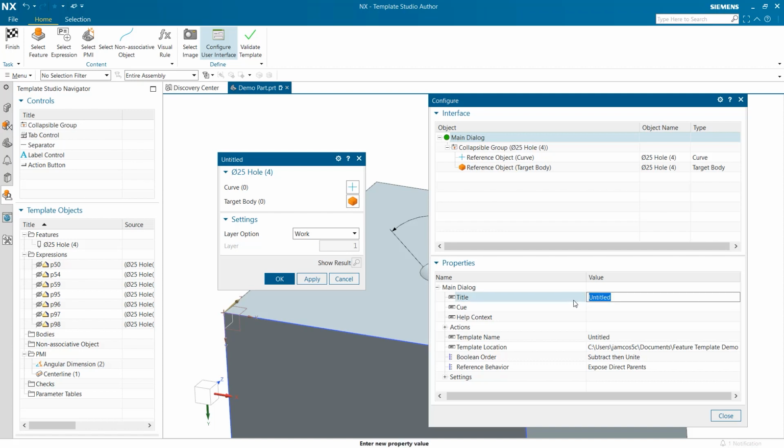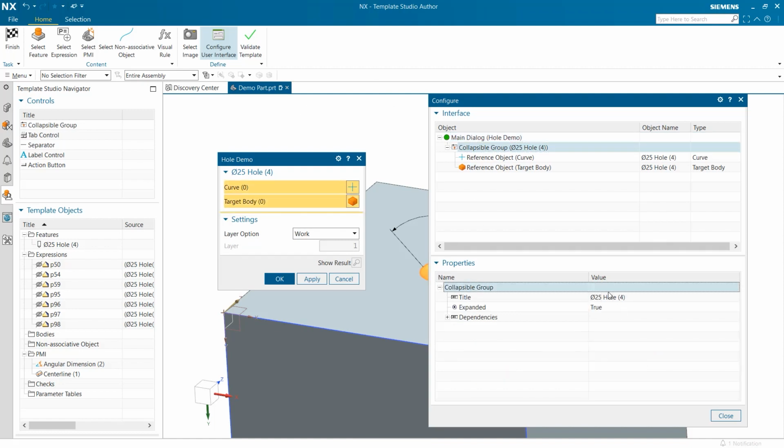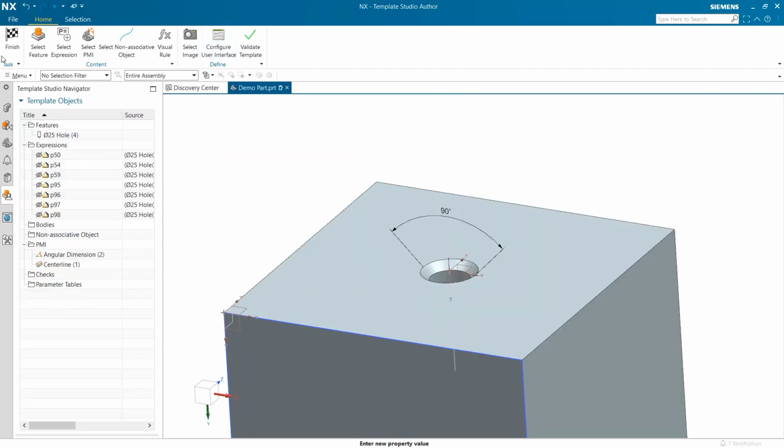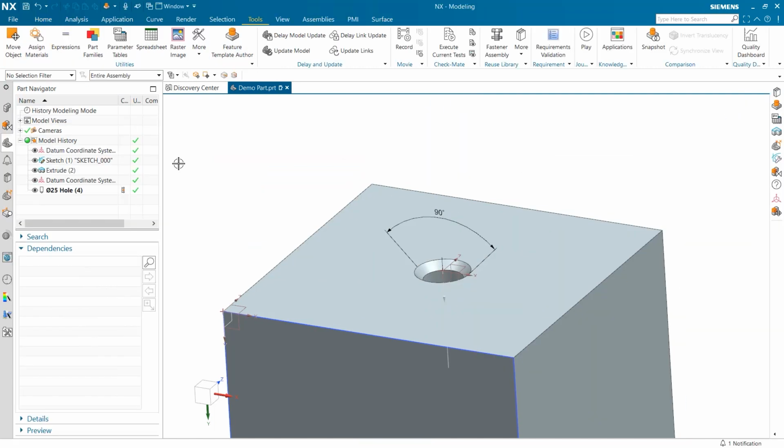The first thing I am changing is the title at the top of the interface as well as the name of the file. As I move through changing the labels to fit my part, it is easy to see the modular benefits that this offers for any industry. Having an intuitive user interface enables simple reuse of features in PMI throughout future projects without requiring time to be wasted recreating past items. Now that I have finished with the user interface, I can select Finish and the template will be saved.